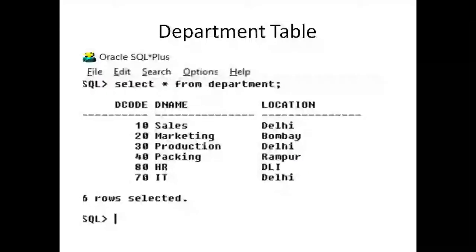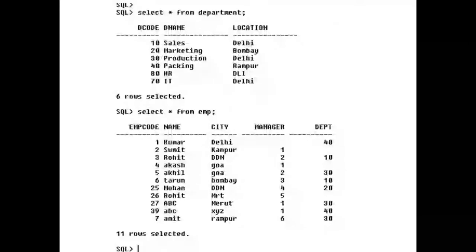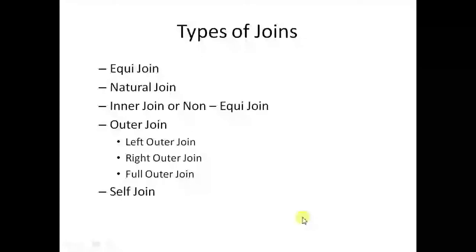So till now, in these two tables, department and employee, we have performed a join on the basis of department code, where you very well remember that the spelling of the department code column is different in both the tables, that is D code and DPT. As you know, it is an equijoin, and it cannot be done with the help of natural join because the name of the column is different.